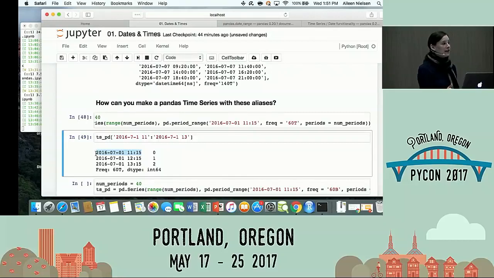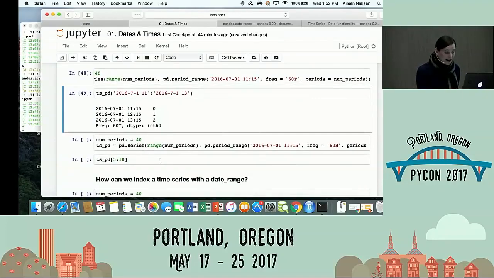So instead of indexing students' grades according to their names, I am now doing the exact same thing, but I am indexing values according to time of day or day of the year or what have you, right? So I've got July 1st, 2016, 11:15, the value was 0. July 1st at 13:15, the value was 2. I now get all that nice pandas functionality, for those of you who are comfortable with it, with time.